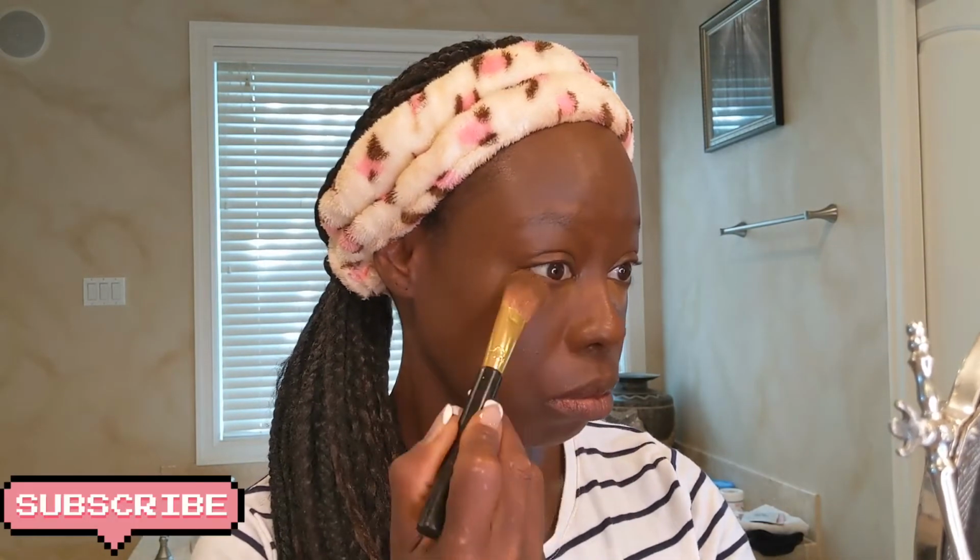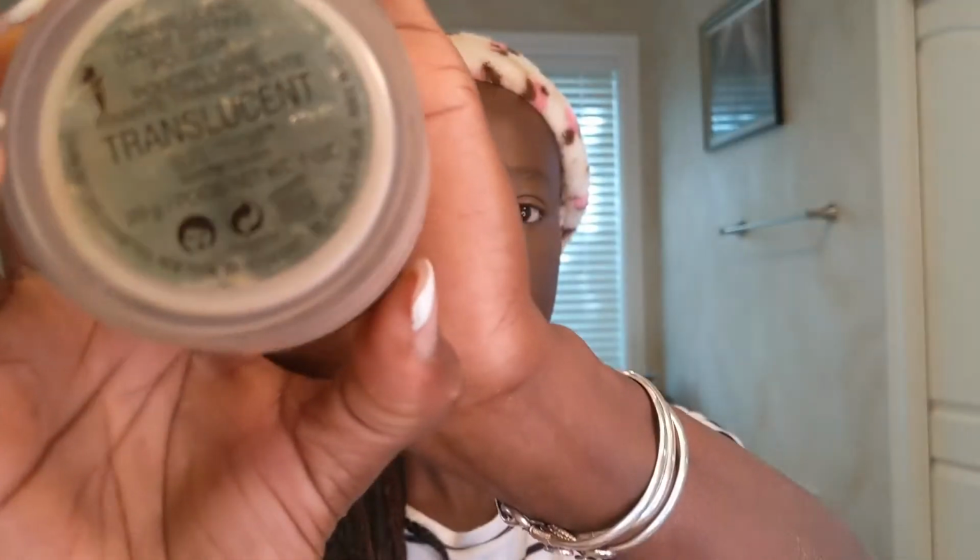And then of course going in with Candid. I always get dark under eyes, and I just like to brighten those up a little bit, so that you can at least see that part of my face that you really can see. Then I'm using this flatter brush. I really like it because it really gets in there and blends it out really well. I actually prefer using this more often than my beauty blender, and just kind of going and highlighting the middle of my face. I just wanted to add a little bit more of that concealer there as well, but not going all the way down to the tip of my nose, of course,